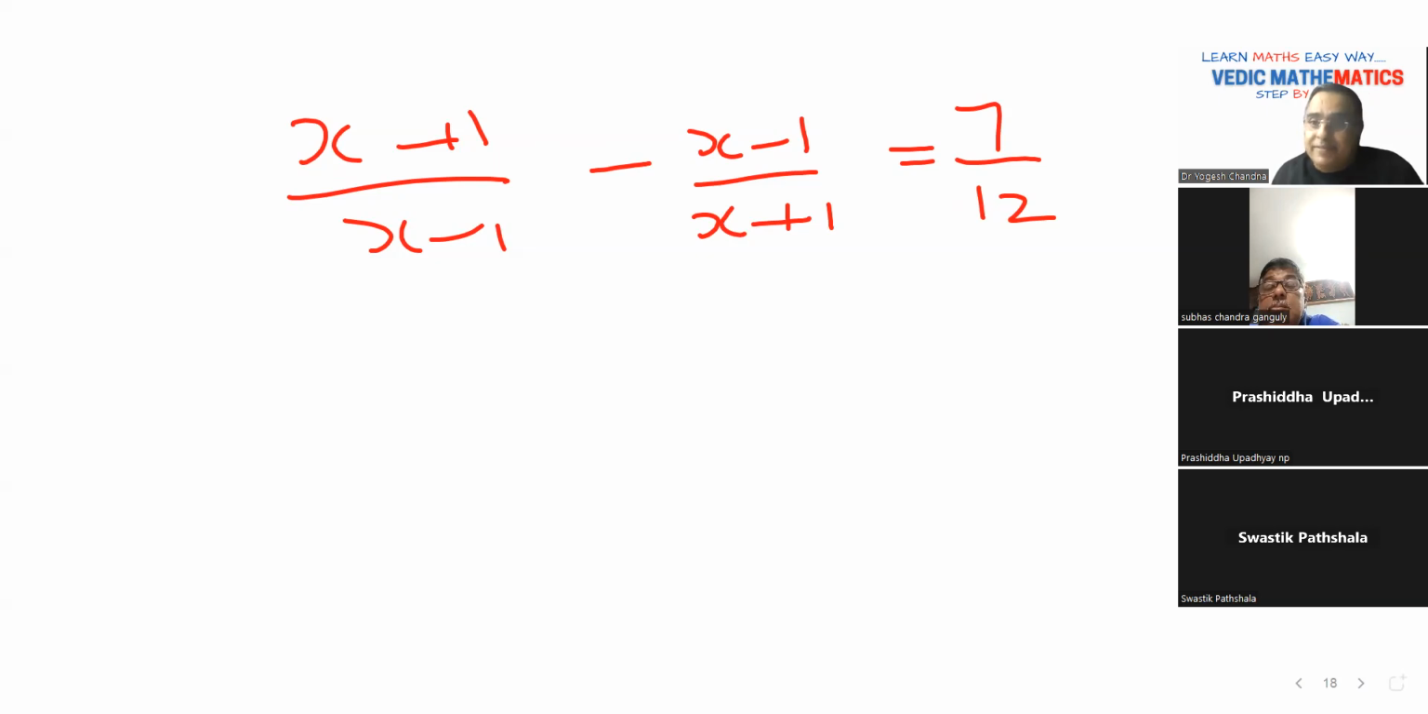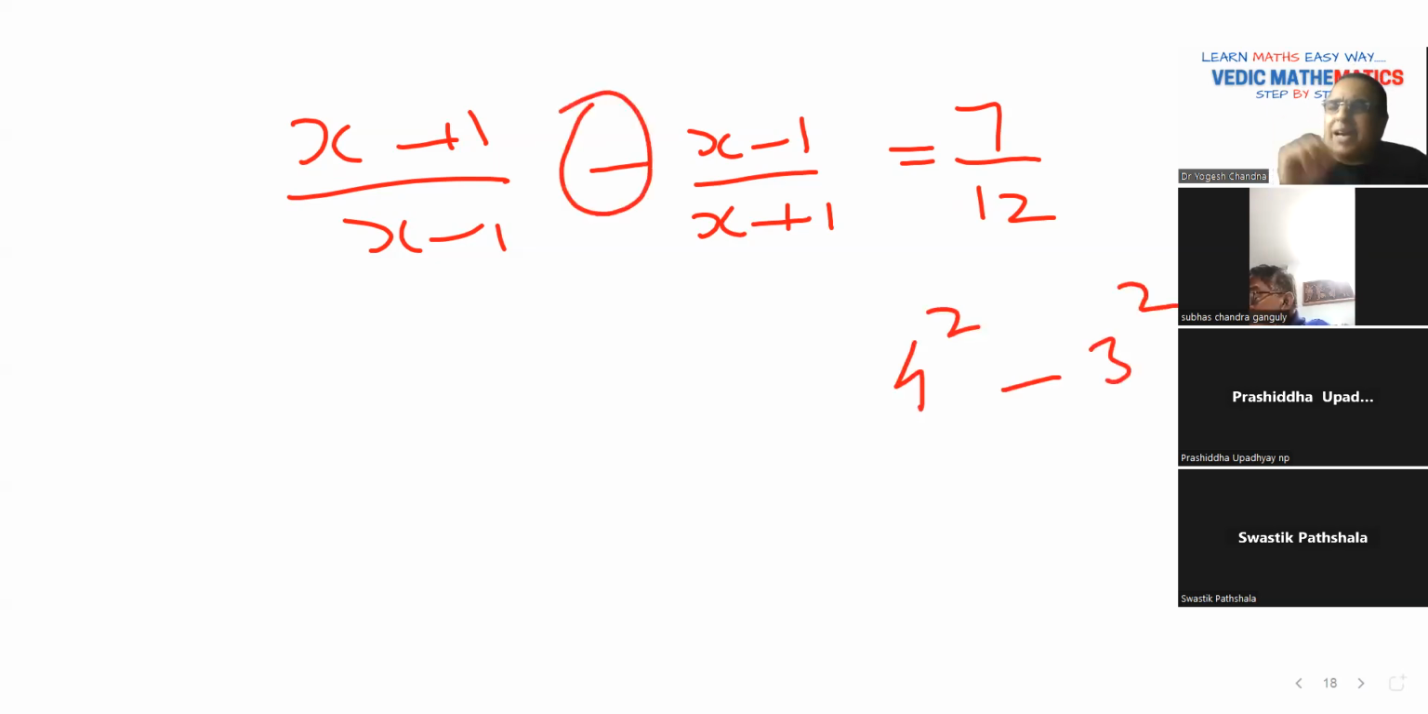And what is 12? 4 and 3 could be the factors. So 4 square minus 3 square. Again, you need to understand here it is a minus sign. So just think that way. So 16 minus 9, sorry, 12. So the answer is